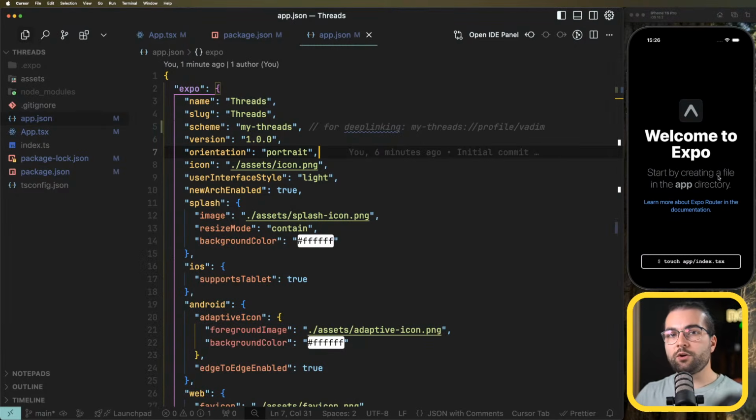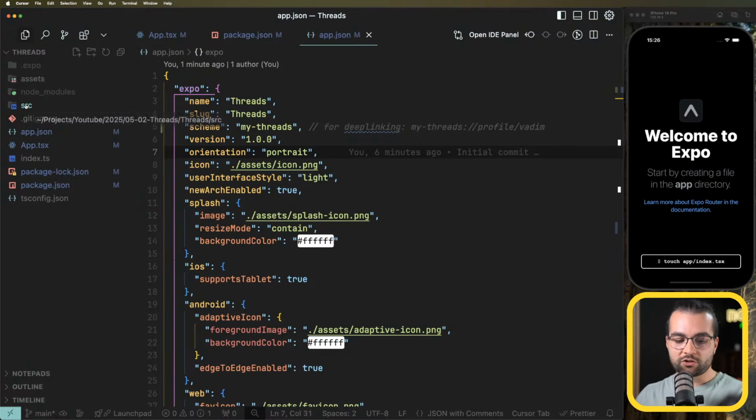We see this welcome screen when we didn't create the app folder. The app folder is very important for Expo Router, because that's where Expo Router is going to look for the screens. You can create the app folder in the root directory, but I usually prefer to create it in the source directory. So first create the source, then create the app directory, and in the app directory we can move this app.tsx,